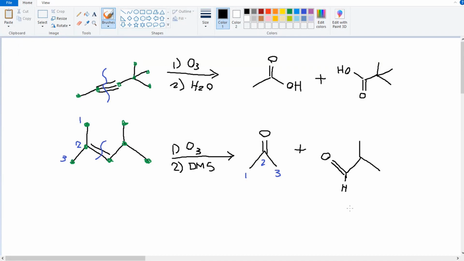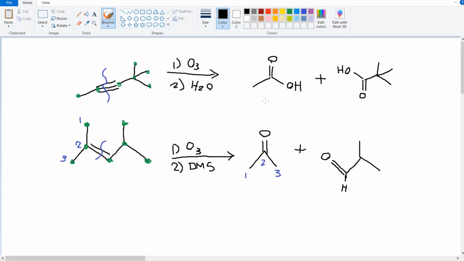Essentially, an aldehyde and a ketone form in the case where you're splitting an alkyne, whereas aldehydes and ketones form when you do ozonolysis of an alkene. So keep note of that difference, ozonolysis of alkynes versus ozonolysis of alkenes. Also, one other important thing to note, were you to apply ozonolysis to an alkyne that was terminal,